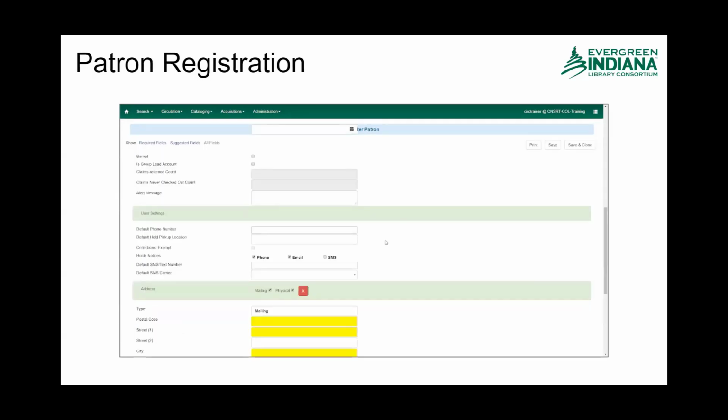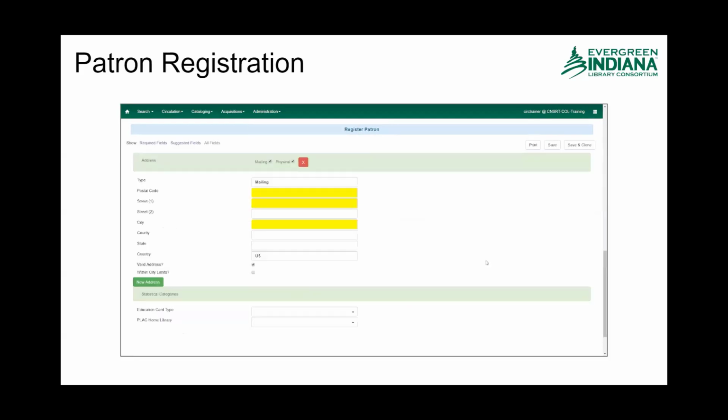And then as we go down, we see options for phone number, as well as if there are text notifications. There are some things to consider as we're entering the information in those fields, but I think that we're going to talk about those later. And then as we get into the address fields,